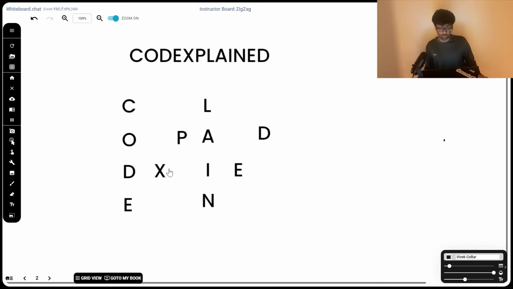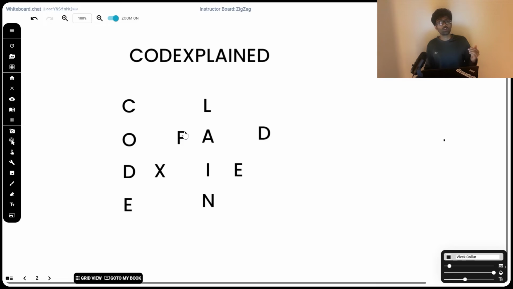When the direction is upwards, this character, that is X, is the fourth character. 4 % 3 is 1. However, we have to append it to the row with index 2. Whenever we're moving upwards, we subtract the result of the modulo from n minus 1. When we hit this character, x has an index of 4. 4 modulo 3 is 1. So we subtract 1 from n minus 1, that's 3, to give us 2. That's the row in which we have to append this character. So x gets appended to row 2, which already had d, which now has dx.